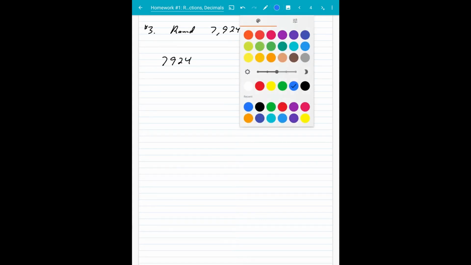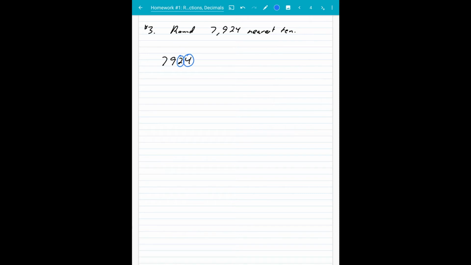Let's try another one on the homework. I'm going to pull up several different examples from the homework. Let's say number 3. It says round 7,924 to nearest 10. So 7,924. The tens place is where the 2 is. Remember, this is 1, 10, 100, 1,000. So this is a dividing line. Since this number right here is in between 0 and 4, we're going to round this number down, and that would make this number